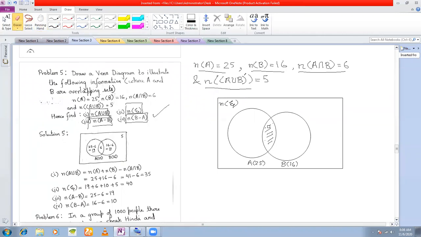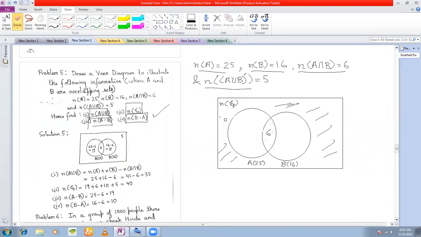So I am going to write 6 here for A intersection B. Next is cardinality of A union B complement. Now, A union B complement is the region that is outside the 2 circles. Do you agree or not? When we were drawing Venn diagrams, remember we were shading all this part, except the 2 circles, for A union B complement?